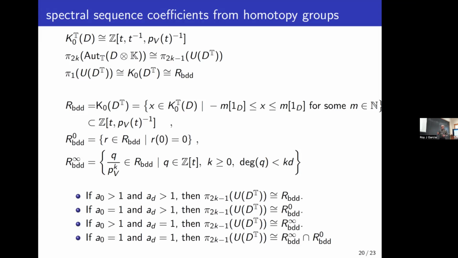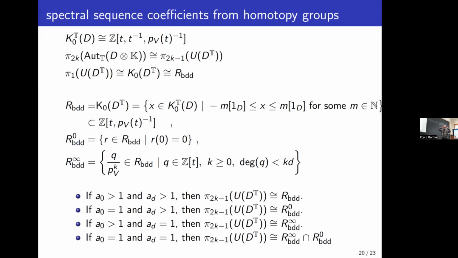If I want to compute pi1 of the unitaries in the matrix algebras, or even the hybrids,